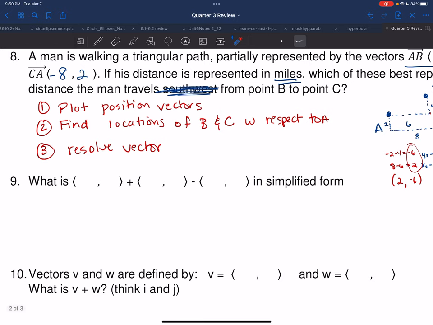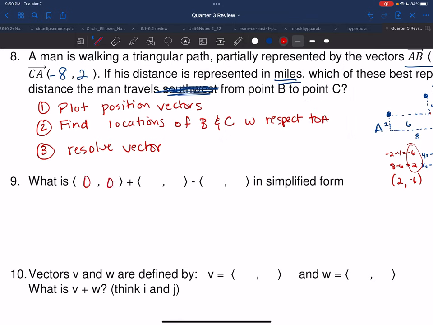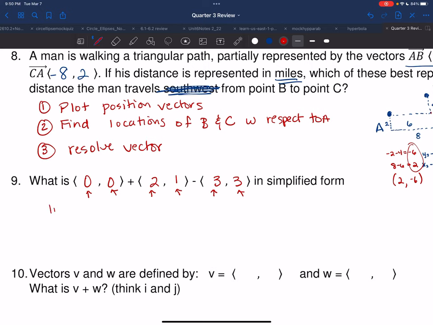All right, what was the next one that we were adding? What is 0, 0? You guys really punted on that one. 2, 1, and 3, 3 in simplified form. Okay, so we're adding these vectors and their position vectors. So I like to look at all of my x values as my i's, and then all of my y values as my j's. Remember, we do that with our vectors. So I am going to list as i's and j's,